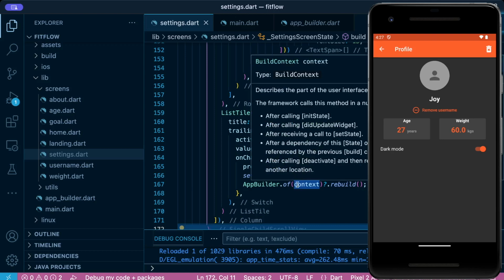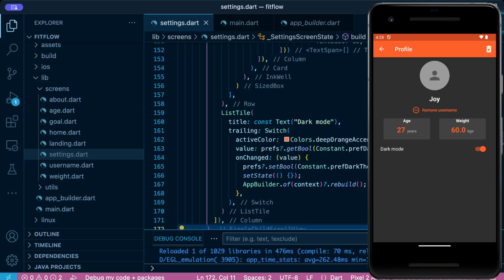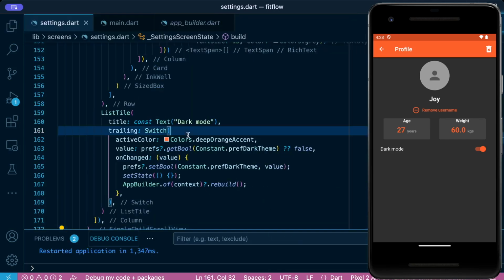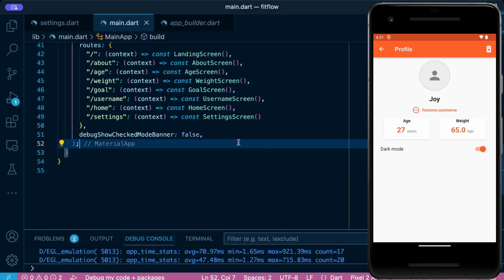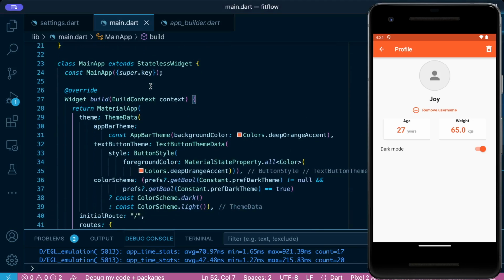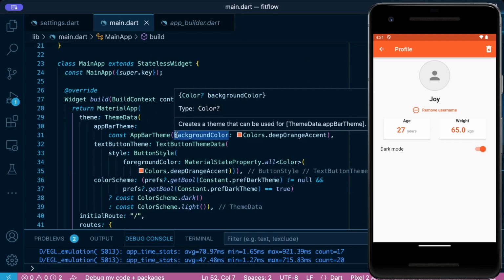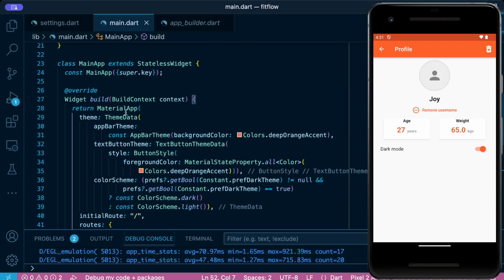What if I try to refresh? It's supposed to be working. Let me refresh this whole thing. Okay, so there's something that we are missing here. I did not wrap. We need to wrap the material app with our app builder. So I'll just wrap it up